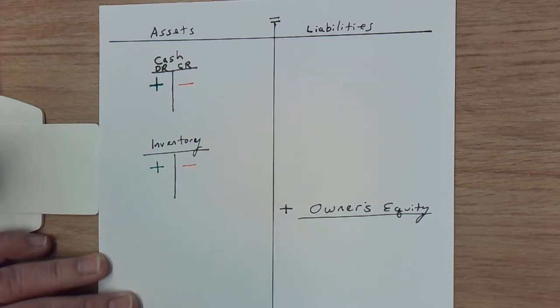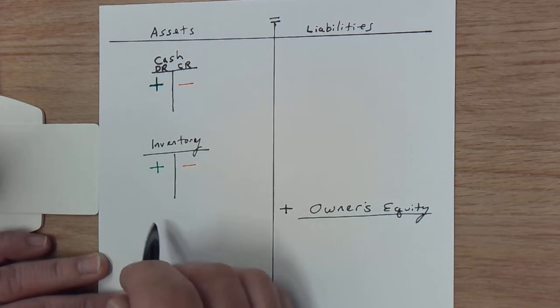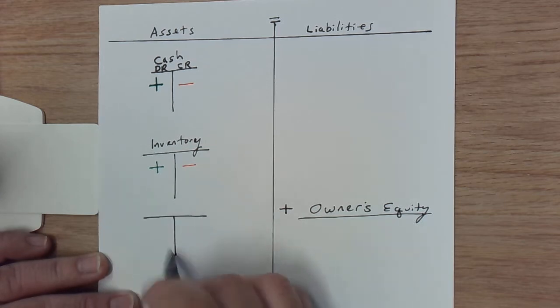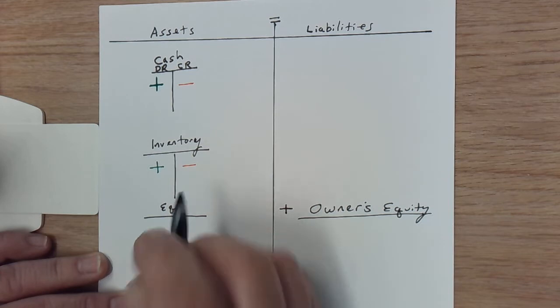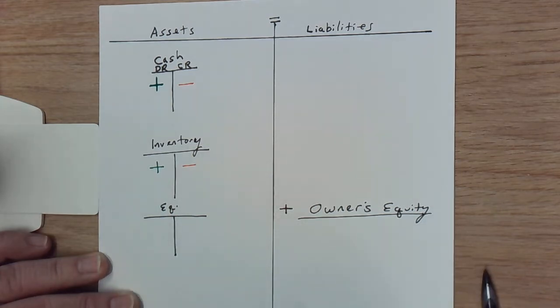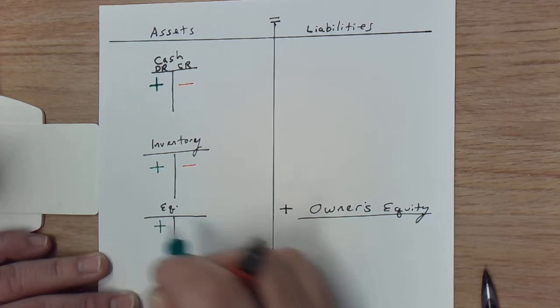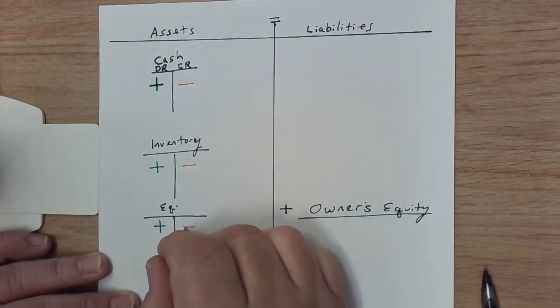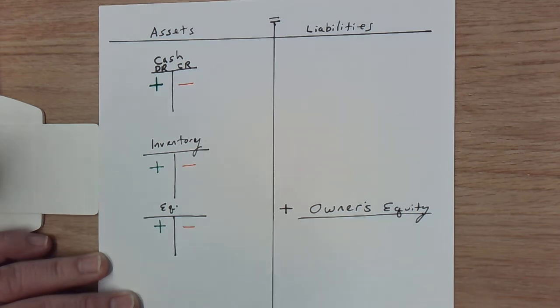There are some small exceptions to that, and one of them would be if it's a contra asset account, such as depreciation that's accumulated. So accumulated depreciation is an example of the reverse of that. So if we had a piece of equipment, and just as before, equipment is an asset, so it's going to increase with debits and it's going to decrease with credits. As we use the equipment and as it ages, we depreciate it. And we'll talk about depreciation more in another video. But we have accumulated